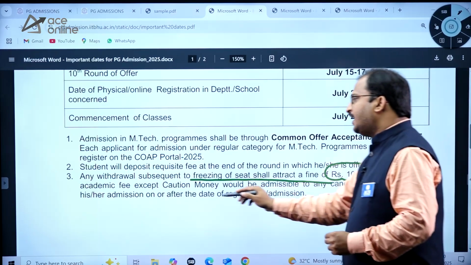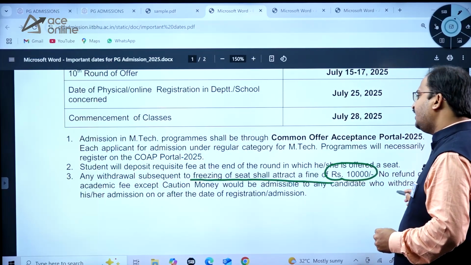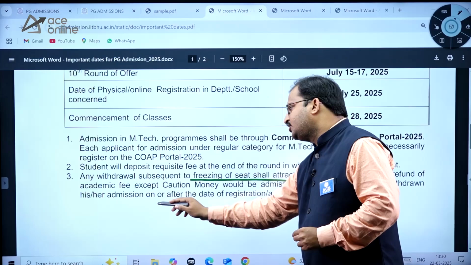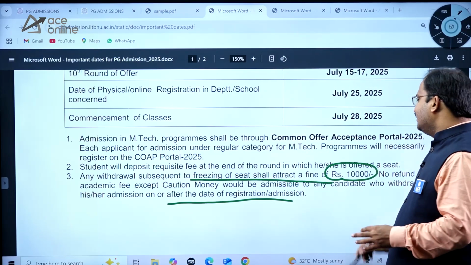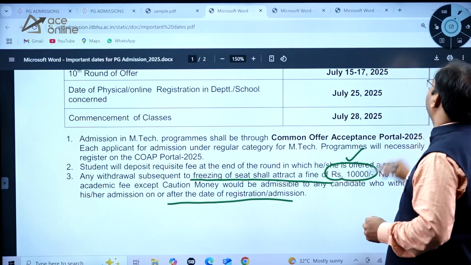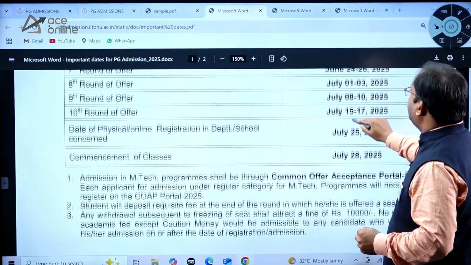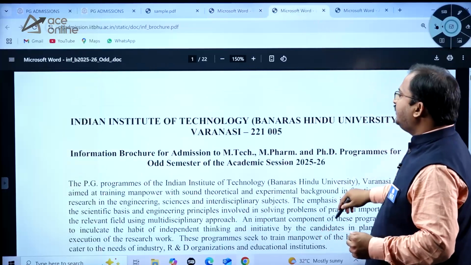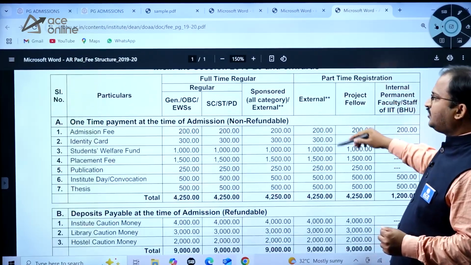No refund of academic fee except caution money would be admissible to any candidate who withdraws his or her admission on or after the date of registration or admission. Okay, so kindly remember this, dear students. There is a fine. So if you withdraw improperly, okay,